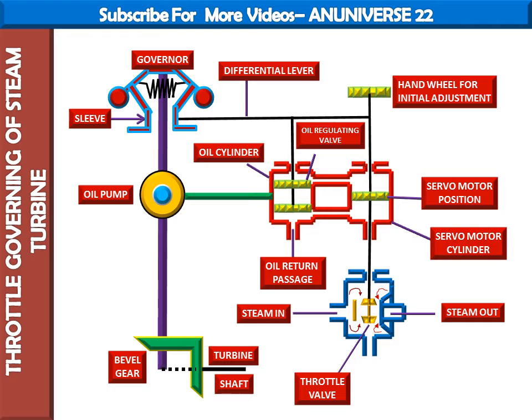So increased speed of the turbine causes the governor sleeve to move upward, and this moves the pilot piston upward. The upward motion of the pilot piston allows high pressure oil to enter on the top side of the relay piston through the upper part, and allows the oil from the relay cylinder to come down to the oil return through the pilot cylinder. The downward motion of the relay piston partly closes the throttle valve, causing a reduction in steam supply, and the reverse operation takes place when load on the turbine increases.